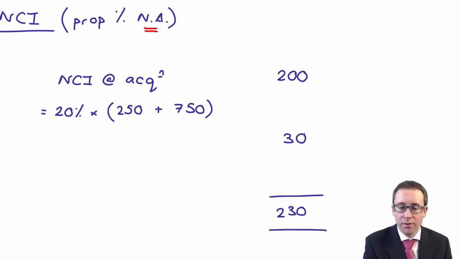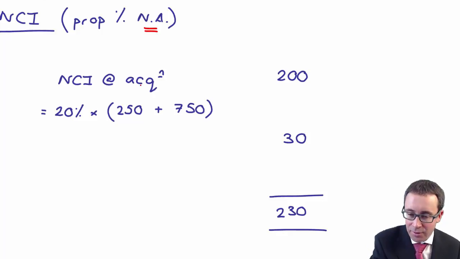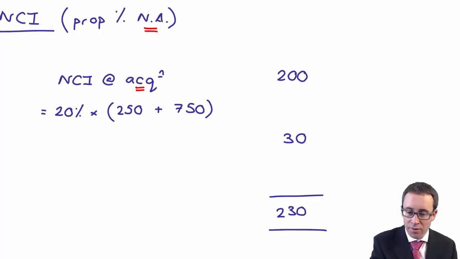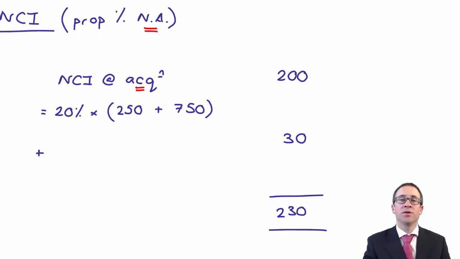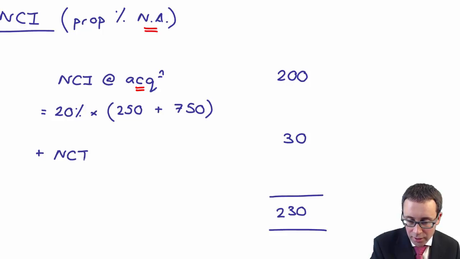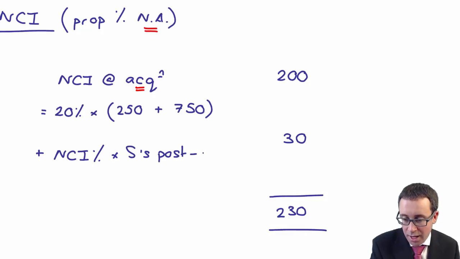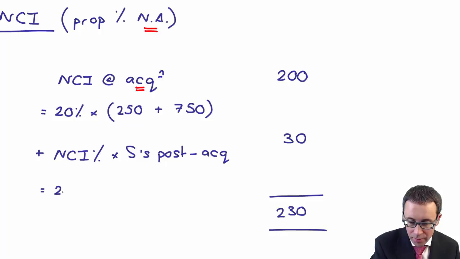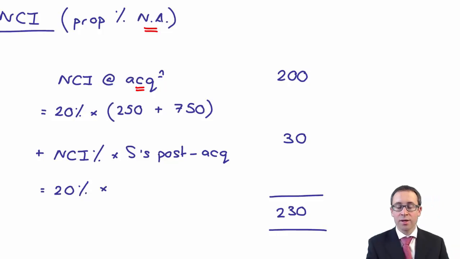Okay. Where does that come from? Well, we've worked out the non-controlling interest at acquisition based upon the proportionate share of net assets. So we've looked at that at the acquisition date. What we then need to do there is we need to look at how that subsidiary has then traded. Because as the subsidiary has traded in the post-acquisition period, it has made profits. And the non-controlling interest own their share of S's post-acquisition movement in those profits, or if you like, in the movement in the net assets. So what you have there is the non-controlling interest is 20%.